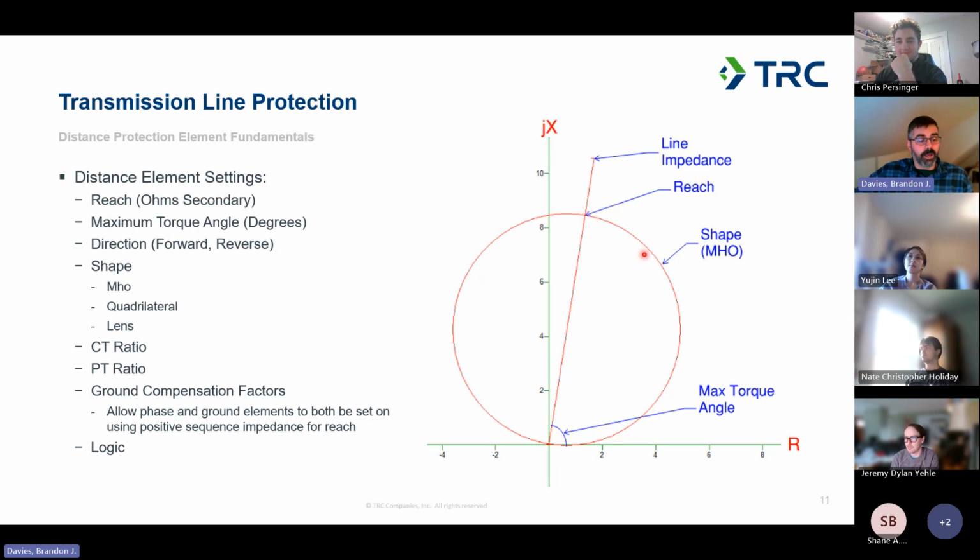It used to be you'd have to buy off the shelf one of a variety of available torque angles for your distance protection. So you might buy an impedance relay or distance relay that had a torque angle of 75 degrees, and then you'd have to account for the fact that it doesn't perfectly match your line angle when you did the evaluation of how to set up